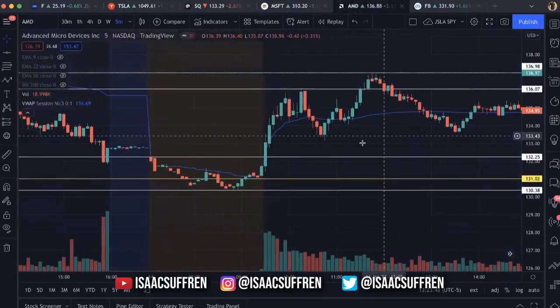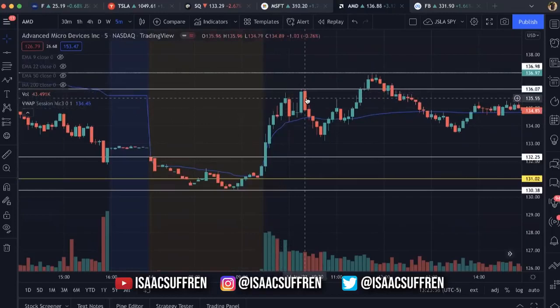We have AMD, we have a move up, right? We have a move up, rejected 3 times, 1, 2, 3, before I move down. Can we get a VWAP rejection? We don't get that, but we do get a VWAP bounce. Our first price target is this level where we got rejected twice, which is 136.07. I'm taking profit right here. As you can see, it did make another leg up around 137, which would have been our second take profit